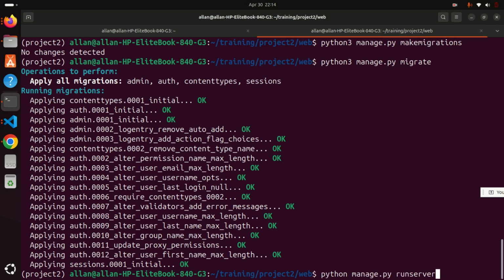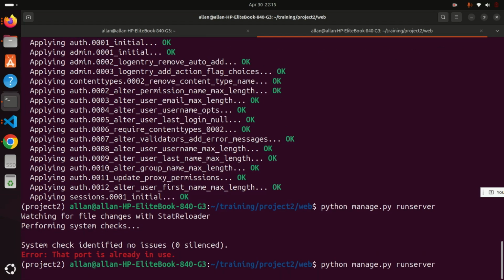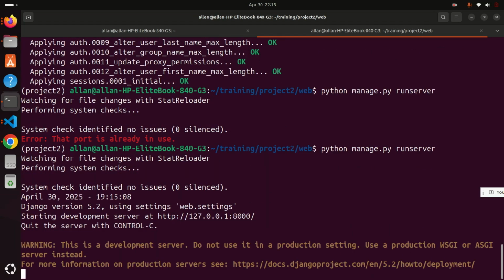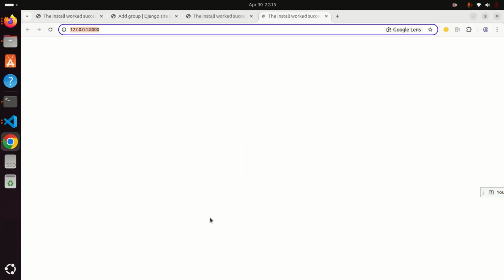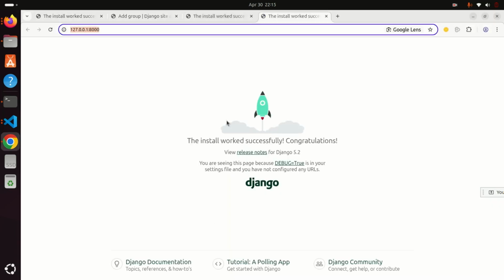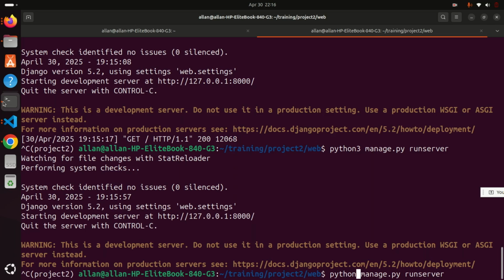Next step is to run the server. Now you can see it runs. We can press Control on the keyboard and click. Yeah, it is now running. Now that the project works,